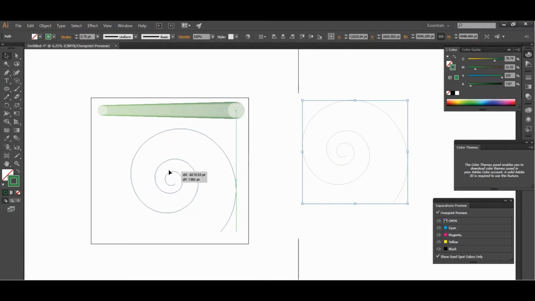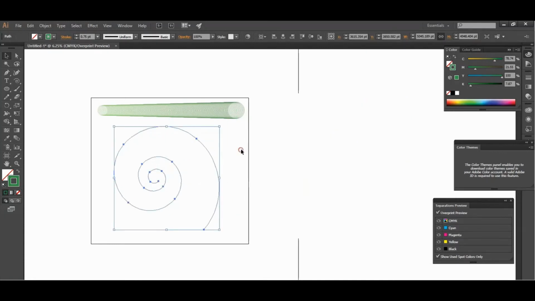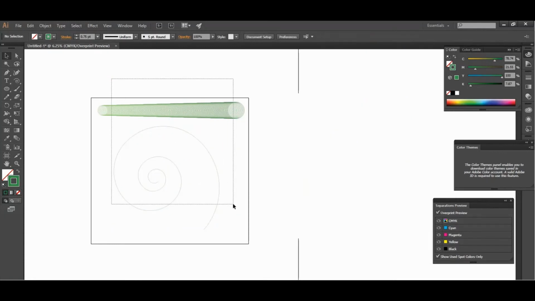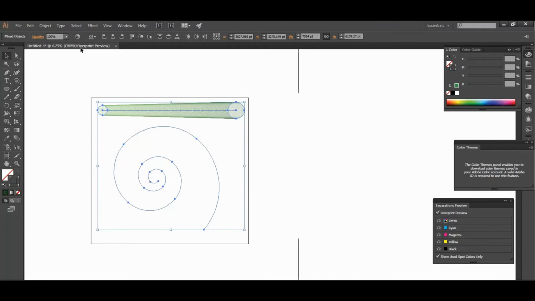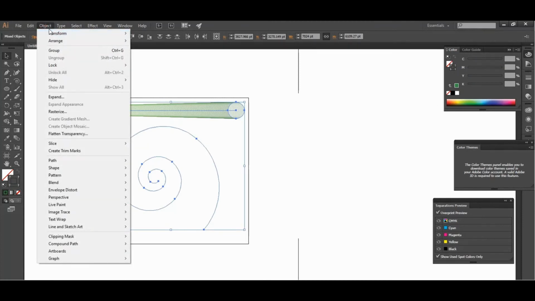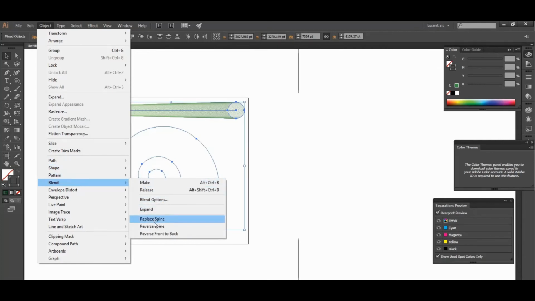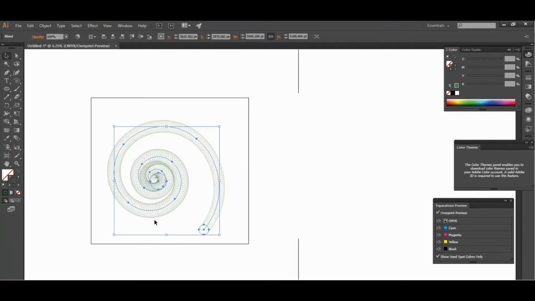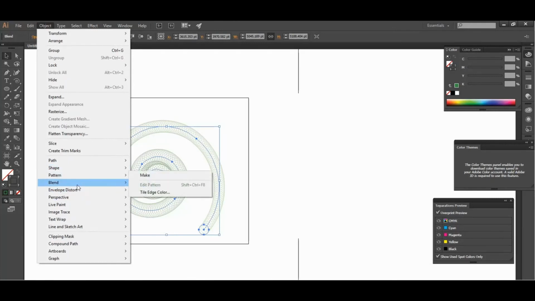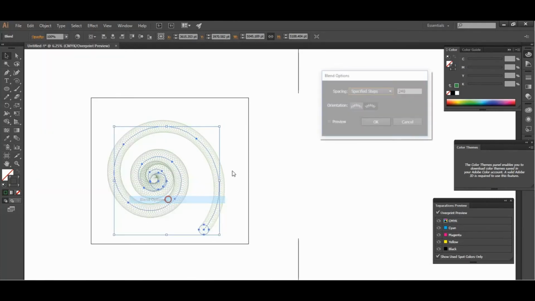and then I am going to apply the effects on the spiral and select both objects and go to Object, Blend, and Replace Spine. So you can see here that it is replaced on this spiral, and I will go again to Object, Blend, and